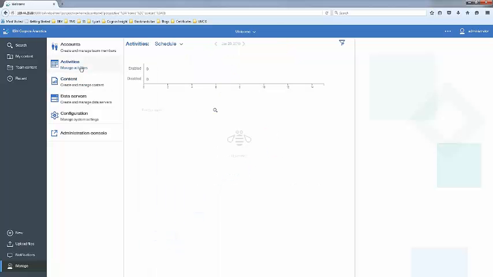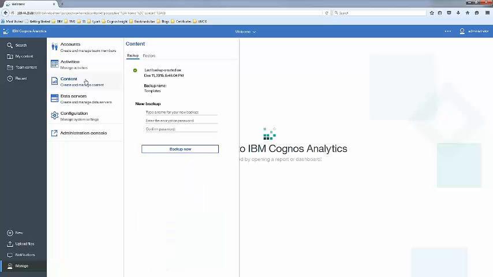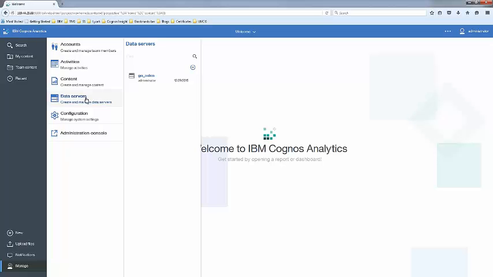Activities, this is where I can see any schedules that have been running, upcoming, past, and current. Content. Now this is where I could do my backups, my restores, so if something has been lost or I need to pull back something, I can do that. Now data servers, this is pretty cool where I can start building my,